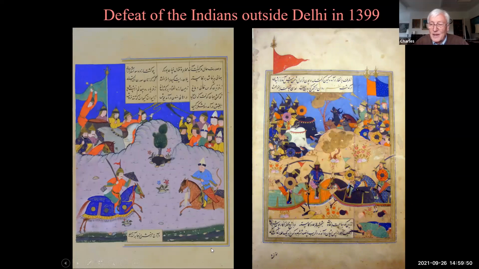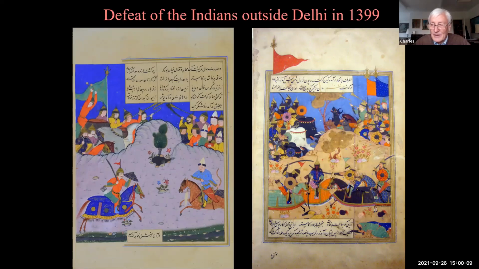I think this is defeating the Indians. I don't know how to get rid of the panel on the top there. But anyway, in 1399, Timur famously invaded India and sacked Delhi and put an end to the regime that was there,